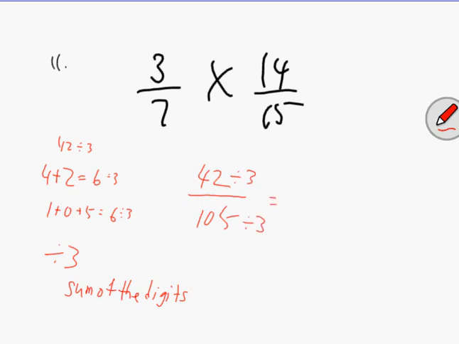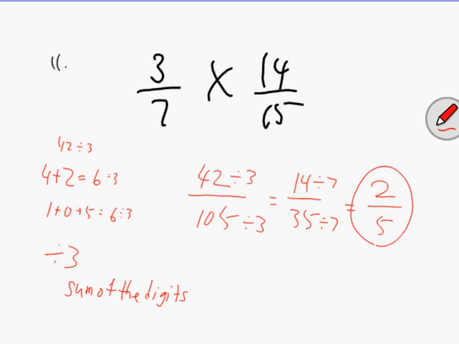And 42 divided by 3 is 14. And 105 divided by 3 is 35. And most people think, wow, now we're in lowest terms there because it ends in a 4 and ends in a 5. But that's not true. Because then you'd have to know that both of these are divisible by 7, which gives you 2 over 5